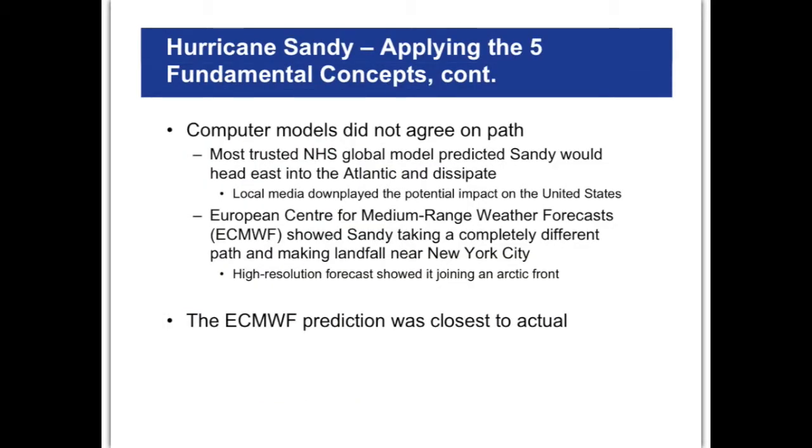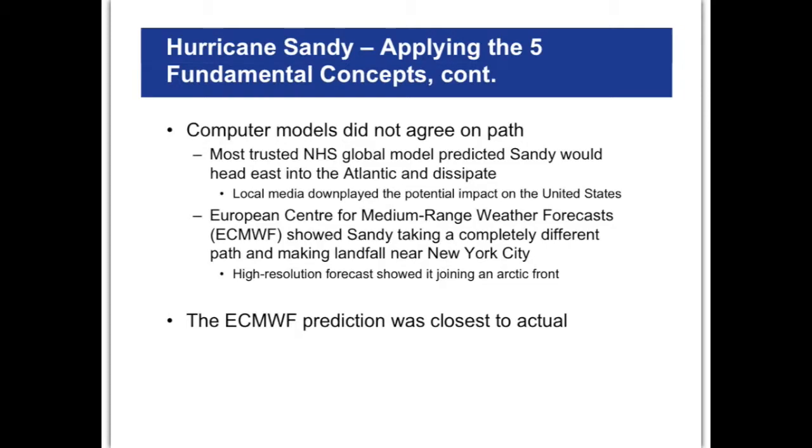But the problem with predicting where Hurricane Sandy was going to go was the fact that nobody had a good prediction. The NOAA models and basically all the North American tracks for Sandy were all over the place. Nobody was absolutely certain. In fact, even the Europeans got into it. The European Center for Medium Range Weather Forecasts, how's that for a long name? ECMWF. They were the ones that actually predicted that Hurricane Sandy would hit New Jersey and New York City, which is what it actually did. But a lot of different models.